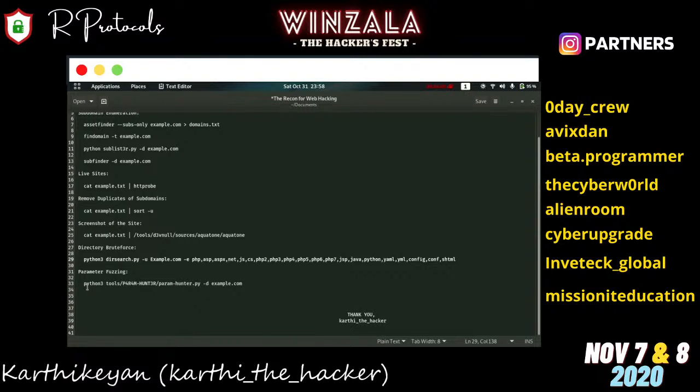attacks. So by injection attacks, we want to find parameters. But to find parameters, you can't go manually and search a single site and list out the parameters. So using this parameter fuzzing tool, Param Hunter, I have developed this tool for my purposes. I had also posted this on my GitHub page.